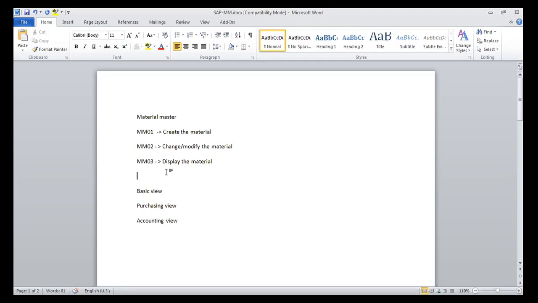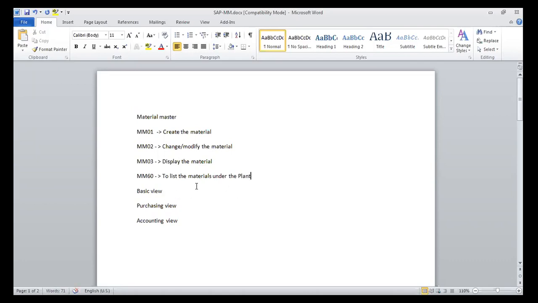Earlier in this class, we also saw one more T code, that is MM60. What does MM60 do? It gives the list of materials created under a plant code.